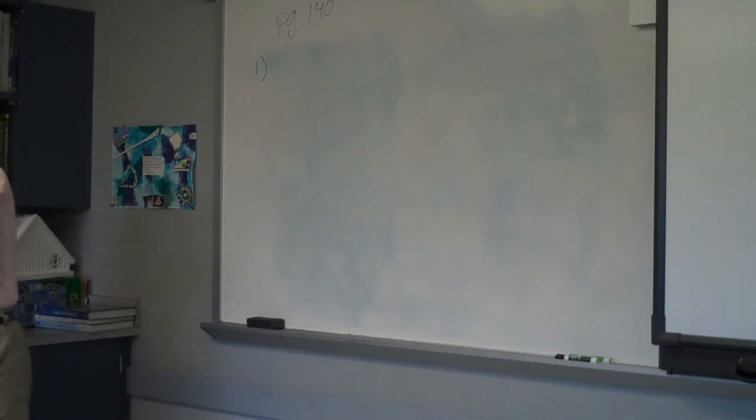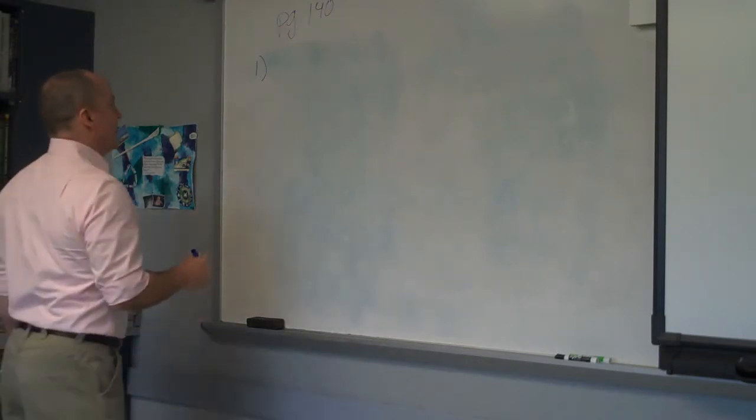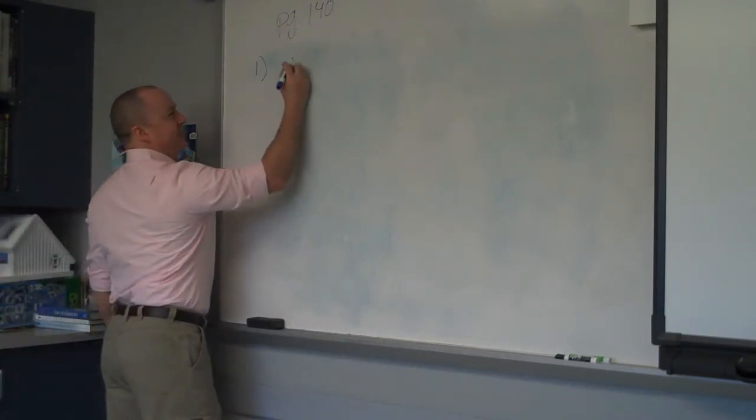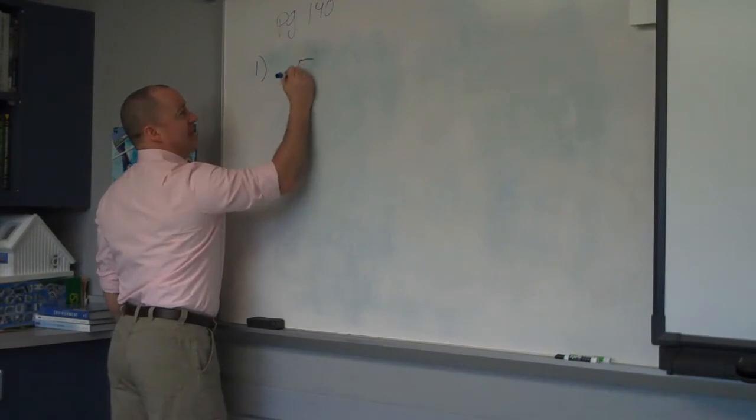All right, number one, it's conceptual. An object of mass m is initially at rest. After a force of magnitude F acts on it for a time, the object has a speed v. Here's where it's already confusing, because it's bringing in v and t. And the only thing I've told you lately